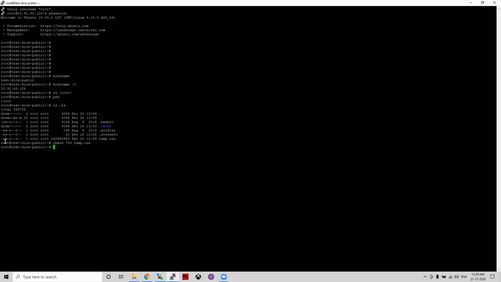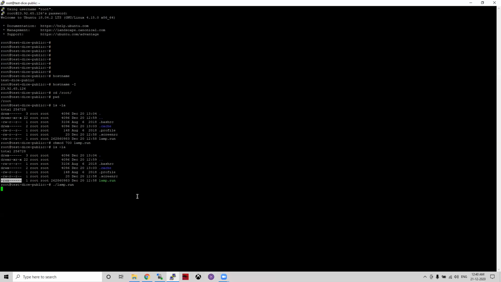That means it should have rwx. So let me check that. You can see the color becomes green now, and the first option also changed to rwx, right? So once the permission is changed to executable, we need to run ./lamp.run. Okay, then enter.